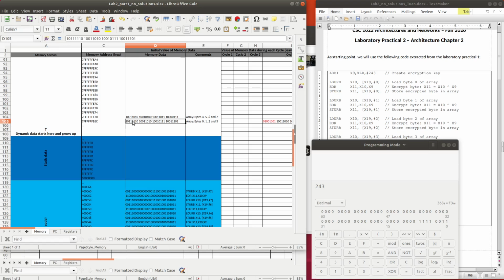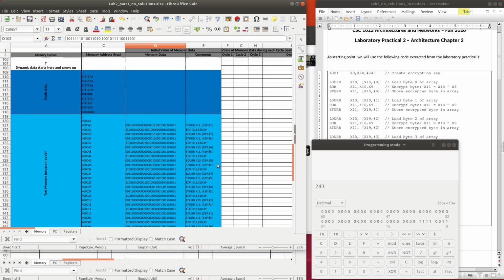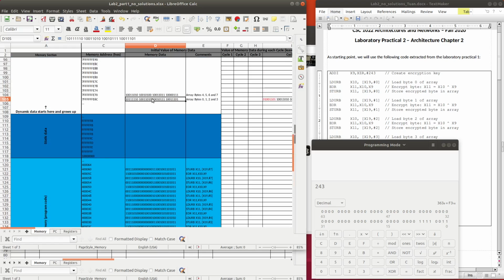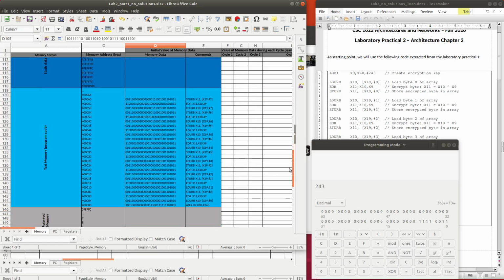We know that the value is this value in binary, and we know we need the offset address 0, so the first byte from this address will be loaded into x10.